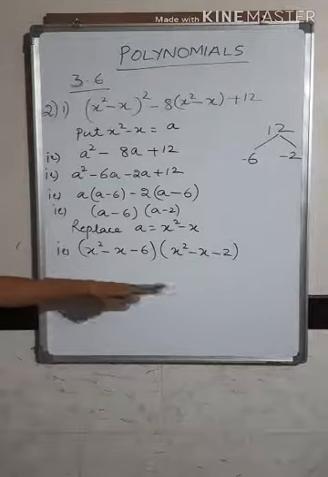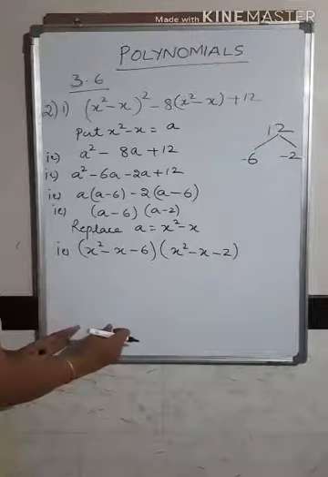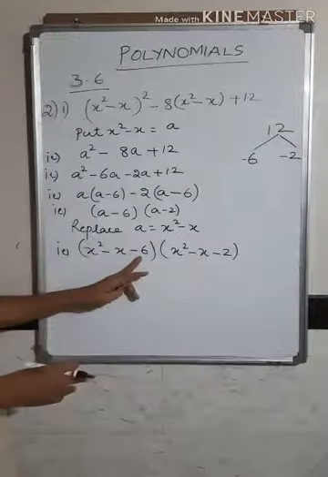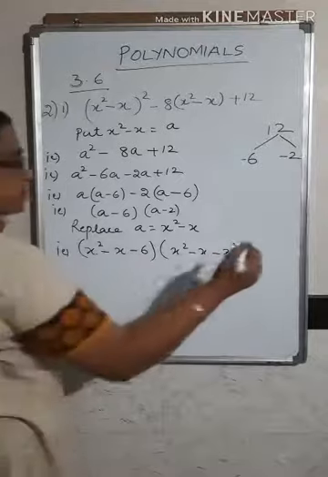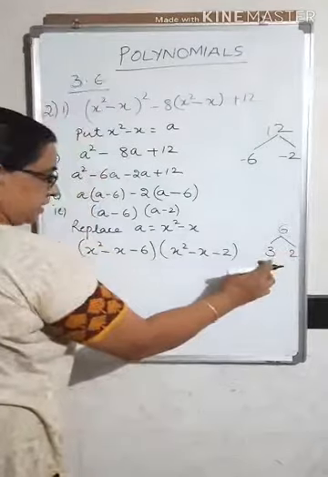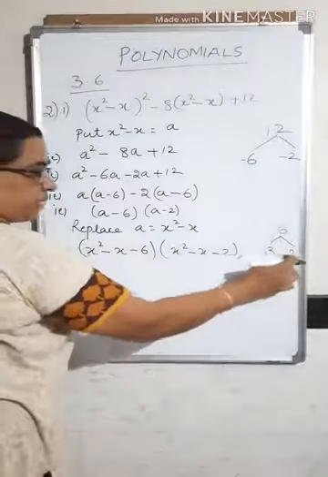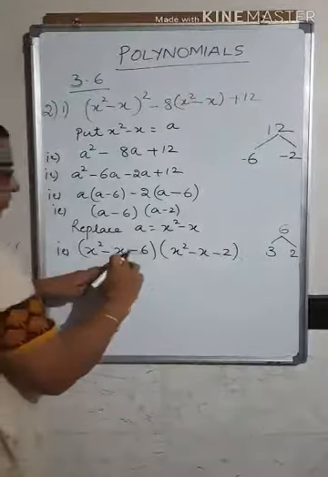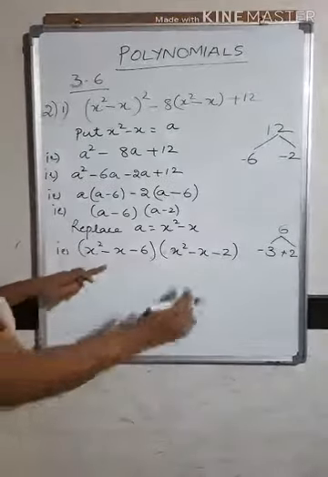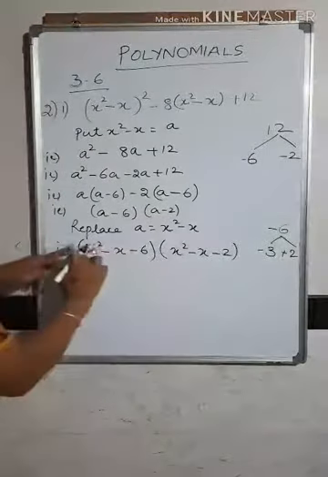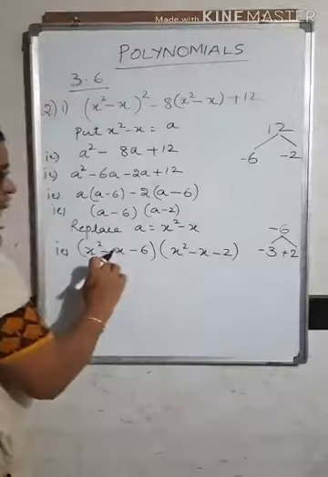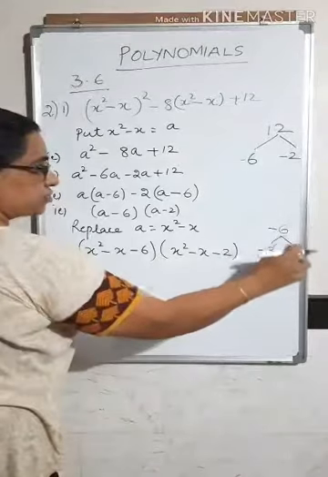If you cannot simplify it, you have to take this expression and find out the factors. So first we will take the first expression, you have got 6. When you find the factors for 6, these factors are 3 into 2. And 3 minus 2 gives you the middle term. So when you choose the signs, this will be with minus sign and this will be with the positive sign. And here you have got minus 6 because 1 into minus 6 is minus 6. So minus 3 plus 2 will be equal to minus 1. Minus 3 into plus 2 will be equal to minus 6.